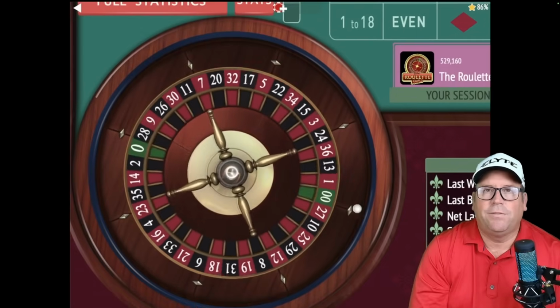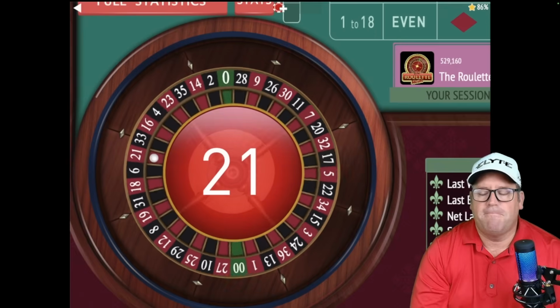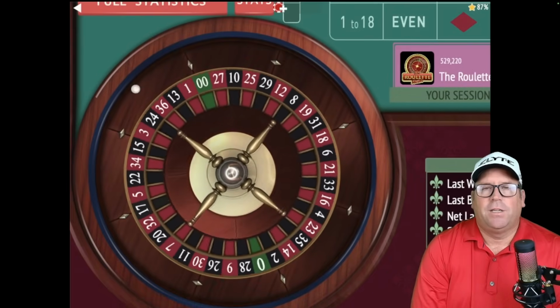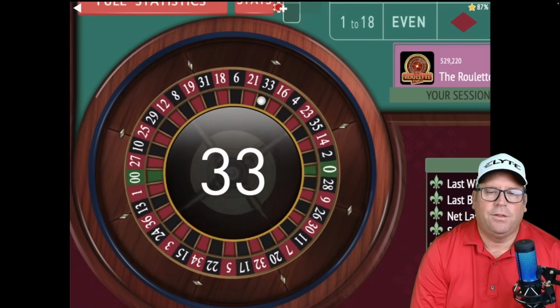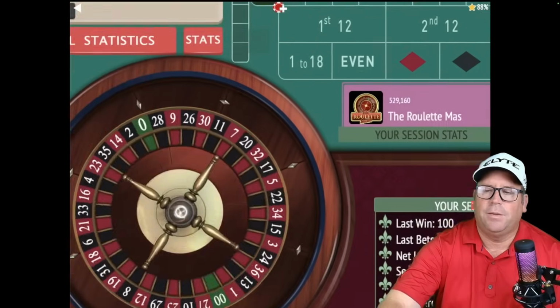We're only up $75 temporarily here, but let's get back up again in the next couple spins. That's a 21 red. Okay, and we're up 135. Let's rebet and spin. See if we can get back in session profit right here. And that's a 33 black. Well, we've been hitting a lot of those partial losses, but we'll just leave the bet the same at 180